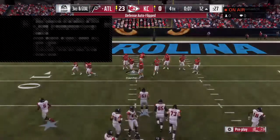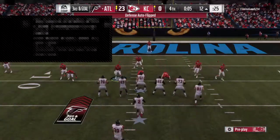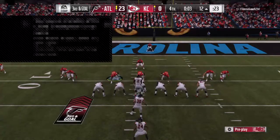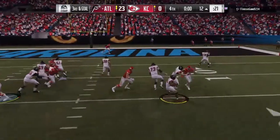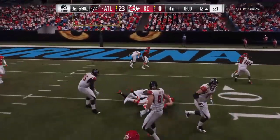They need to reverse the trend. The last 2 plays have gone backwards. Now it's 3rd and goal. They'll try and run. Freeman. And he'll take this for...